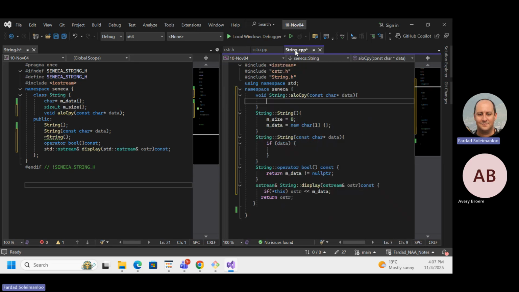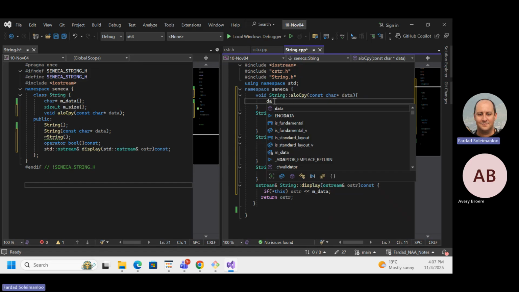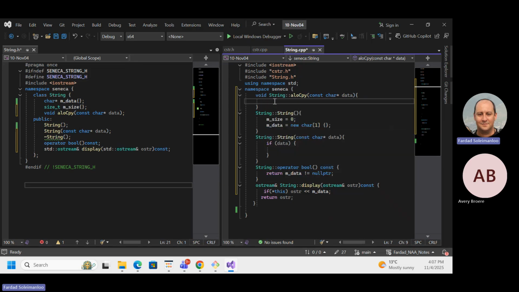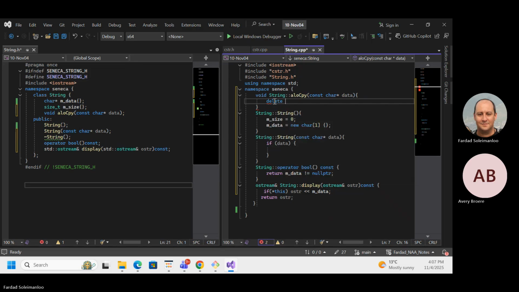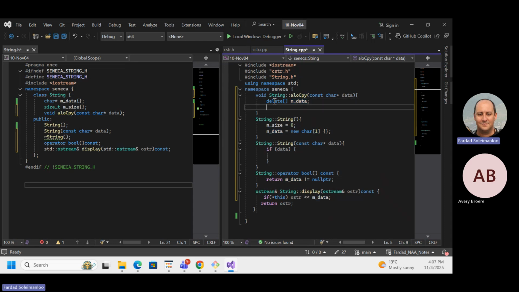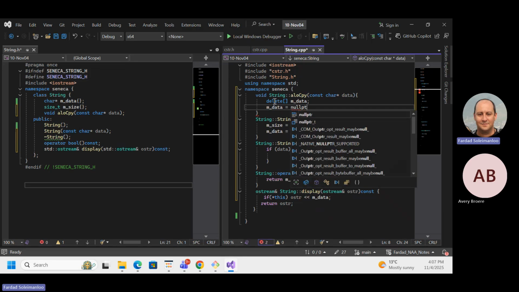That's fine. So now in here, if I want to do that, first I have to delete the m data, right? And I have to do it like an array because I'm copying it, allocate and copy. So first that has to get deleted. After that is deleted, I have to say m data is equal to nullptr.